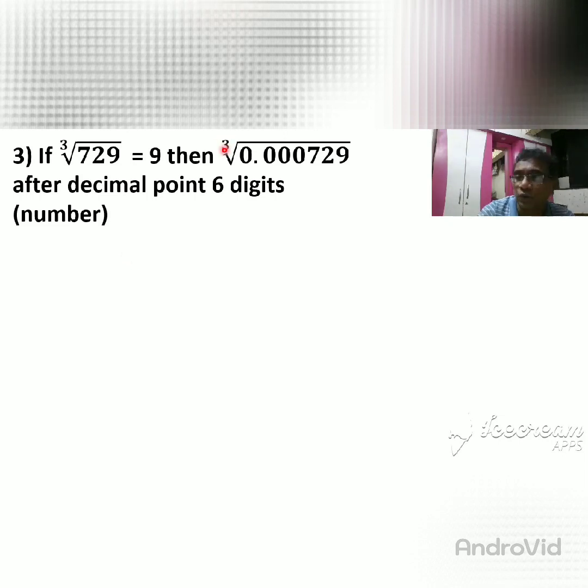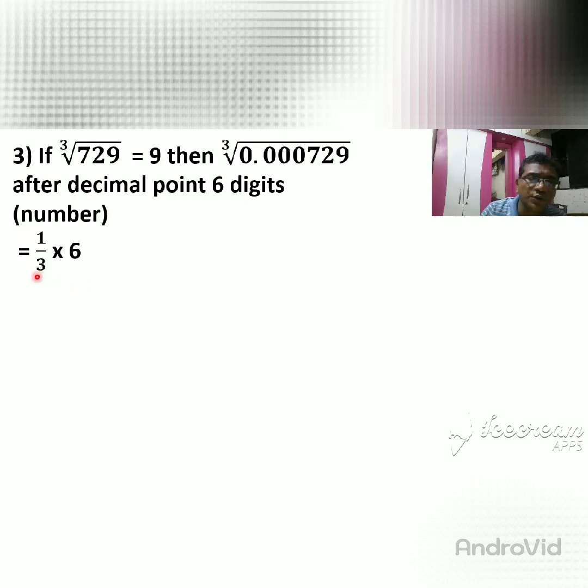Because I want to find out the cube root. So 1 upon 3. Why multiply by 6? Because after the decimal point there are 6 digits. After the decimal point, how many digits? See, 1, 2, 3, 4, 5 and 6. So there are 6 digits after the decimal point, and we want to find out the cube root. So 1 upon 3 into 6 gives you where you keep the decimal point.